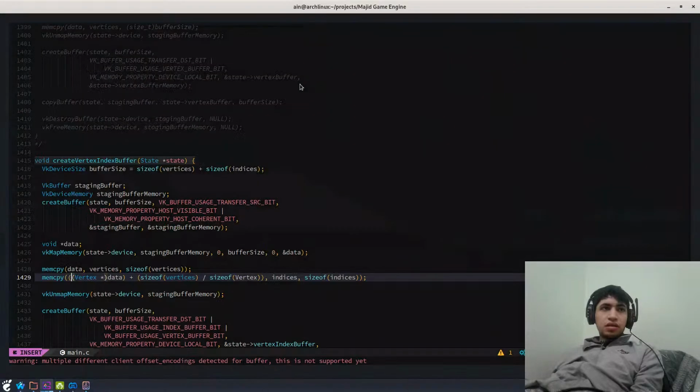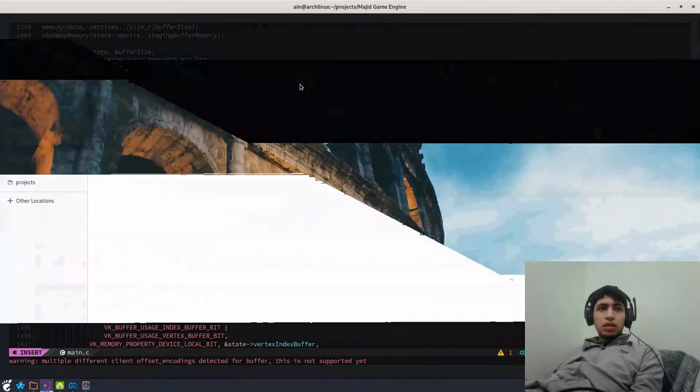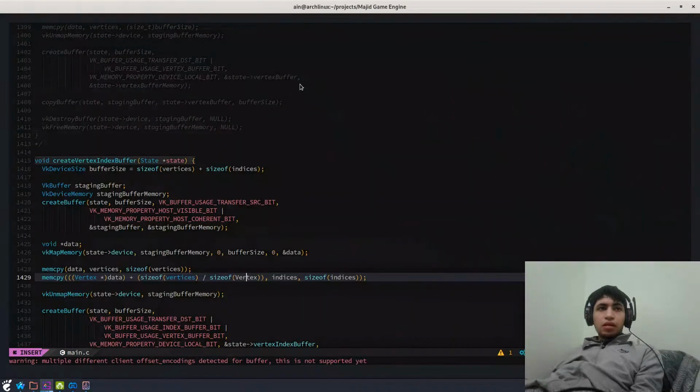So I have cast the data buffer into a vertex pointer, and I increment by the size of vertices divided by the size of a single vertex. This size of vertices divided by the size of vertex means that we will get how many vertices are in that vertices buffer,